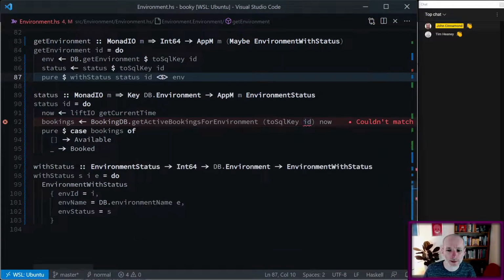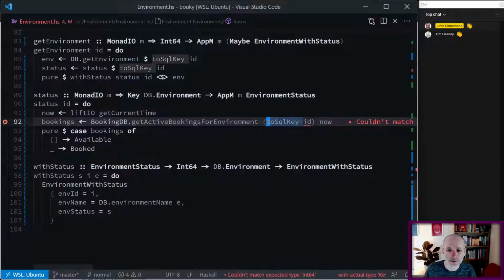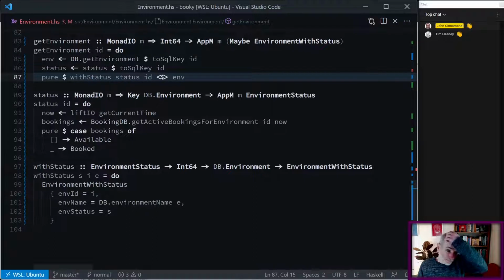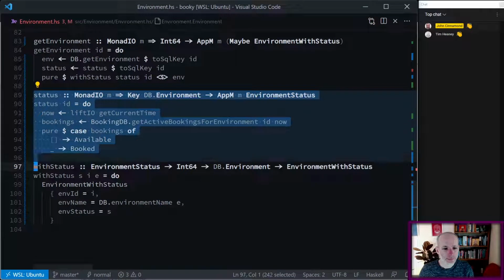So I'm curious as to why this worked the way I expected, but the with status did not. So Environment Status is fine, but if I try to write something which is returning almost like this, but with environment with status,